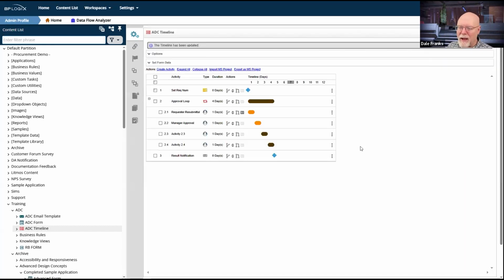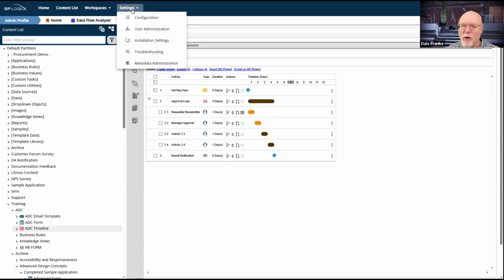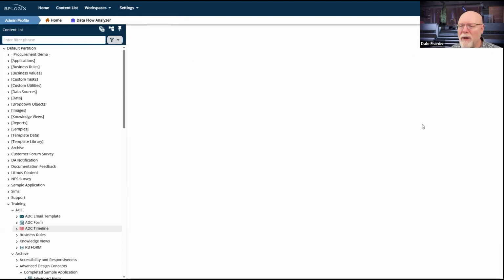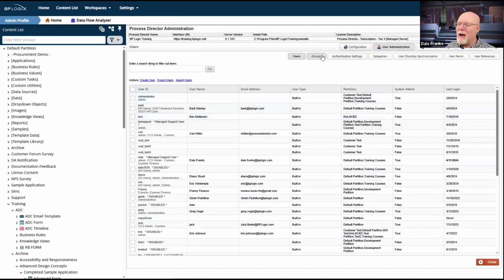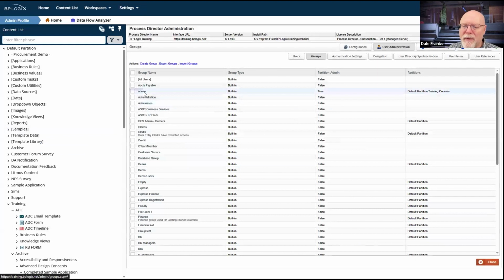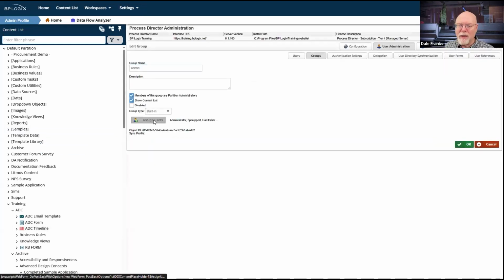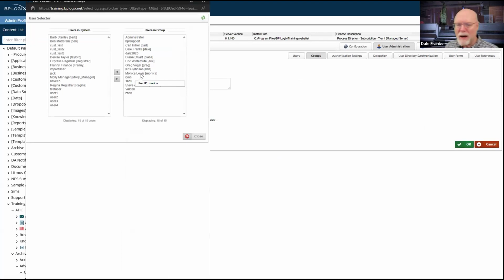Let me update that right there. However, it's best if you set it to groups, because if you have it set to a group, all you have to do is go into user administration, go to groups, find the group admin, since I know that I'm in there, and just change the group assignments. For example, Chris Johnson's no longer with us. He went to work for a customer. So he no longer needs to be in the admin group here. So I can go ahead and simply move him out of it.